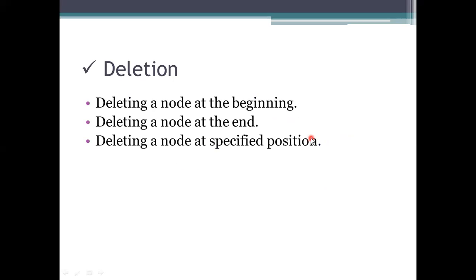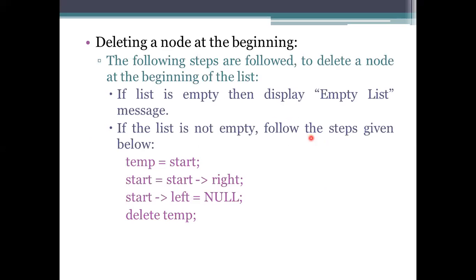And coming to the deletion, deletion will be done just like the insertion: at the beginning, end, and at a specified position. Whatever you are performing, insertion or deletion, first see whether it has a list or not. If it does not have any elements there, we need to add the elements first, and then perform the action. Insertion means we perform the insertion of values here. Deletion means it can specify that the list is empty. If it is empty, we can specify it as an empty one.